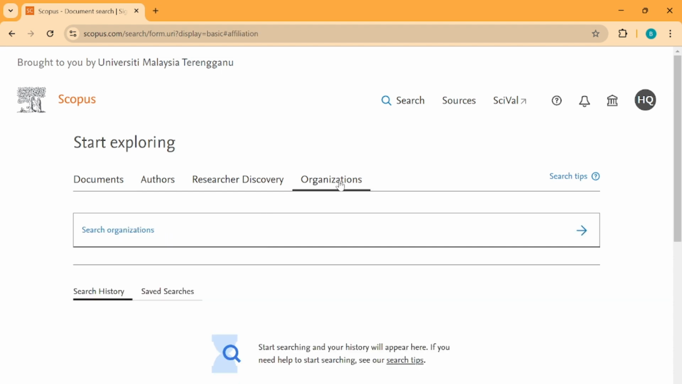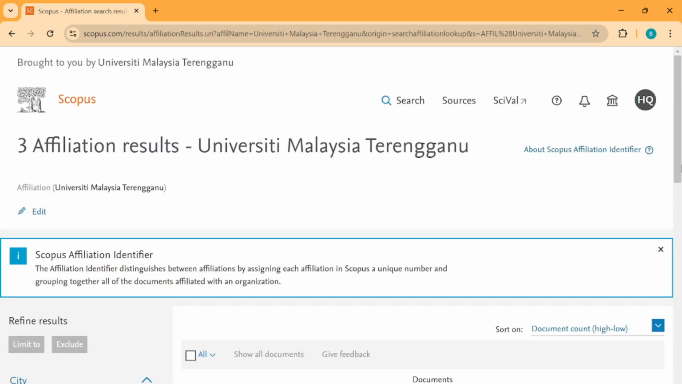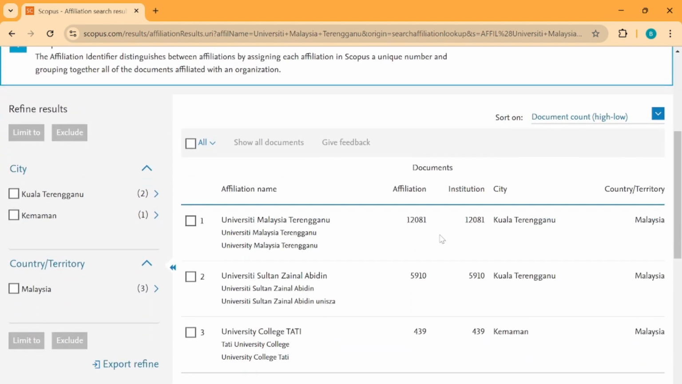Now here we have to search the organization which we are looking for. Let's say I am going to search this university. So press enter. Now you would see that three different results appeared based on our searched organization. So the top one is always the option that we are looking for. Once you click on the first top option that you are looking for,